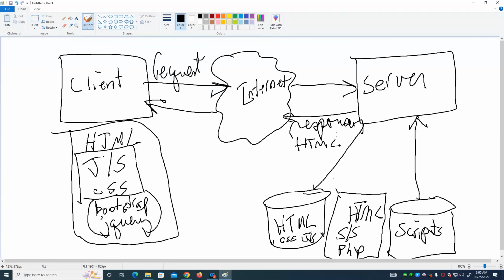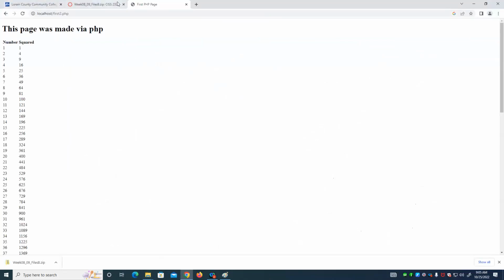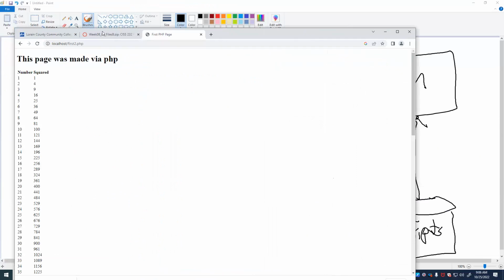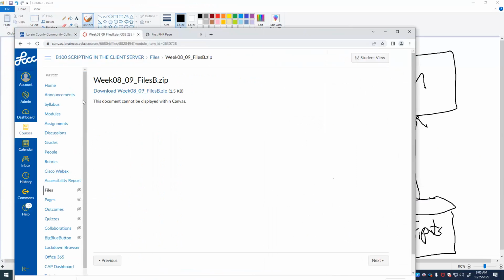Okay, so when we're only using these static pages, we can just double click on the web page and it'll open up in the browser, because the server really doesn't have to do anything to process a plain old static HTML page. But we can't do that anymore now that we're in PHP land. We're dealing with server-side script, and therefore we need a web server to do it. Now, I have a web server installed in this machine, and we'll look at some aspects of it in a bit. But if you do not have a web server installed on your machine, which you probably do not,